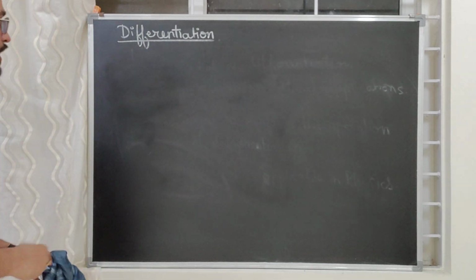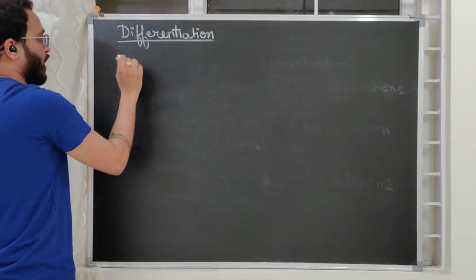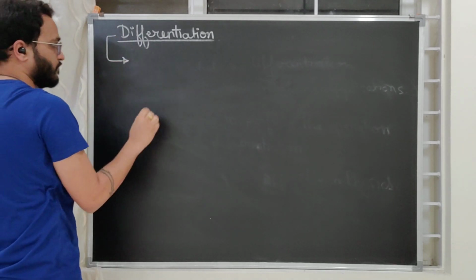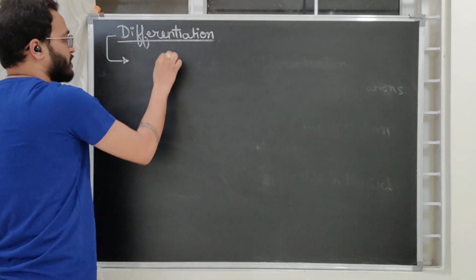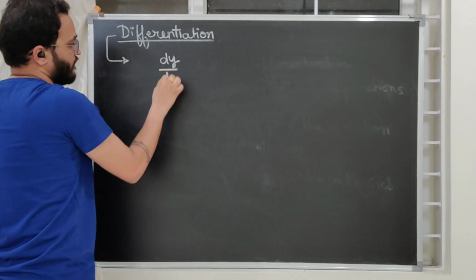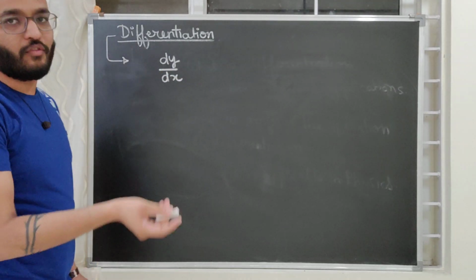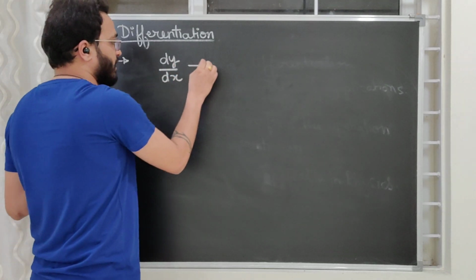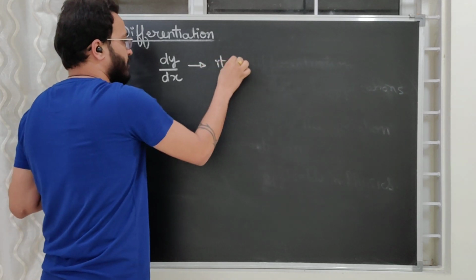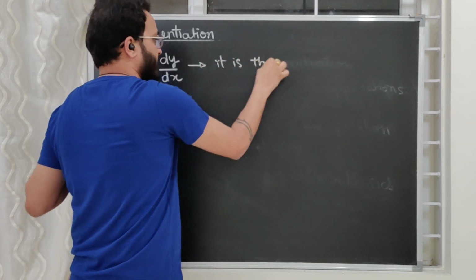Okay, fantastic. So, how do we represent differentiation? We represent differentiation by this dy by dx. Now, what is the meaning of dy by dx? Just a little bit I will tell you. It is the differentiation